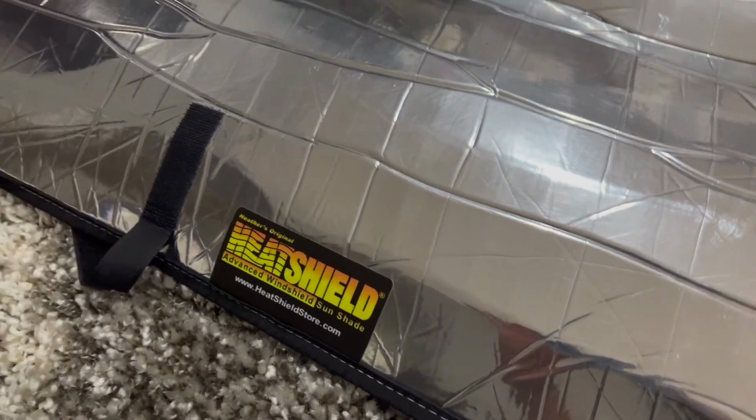And also, it's really, really hard to get a good night's sleep when the sun goes down and your car is still like 85 degrees on the inside. So super, super important to me. It's a deal breaker. I cannot live without these window coverings, but I like to have them silver on one